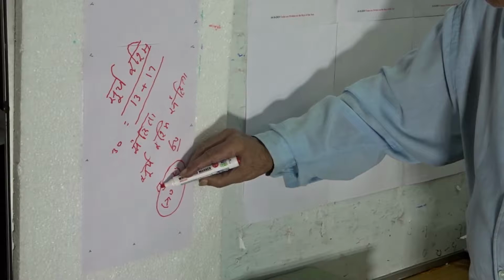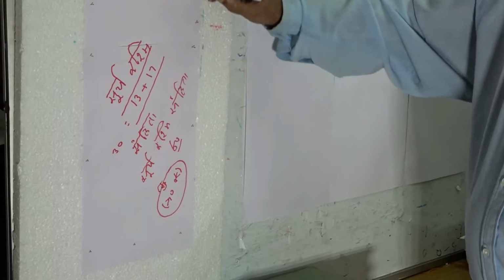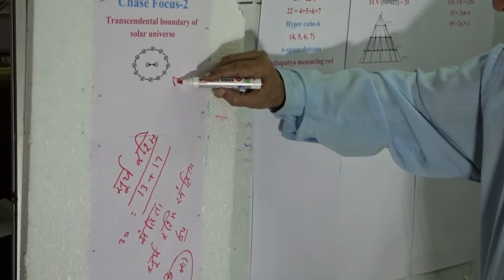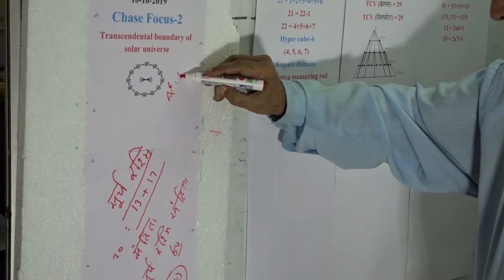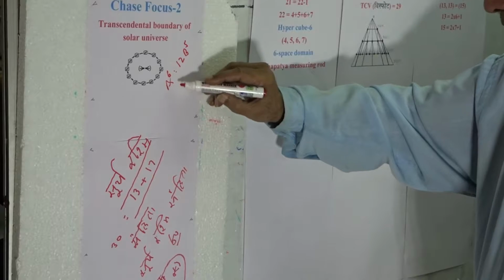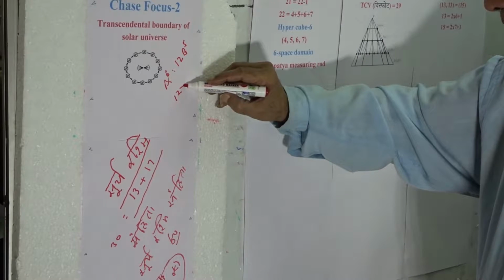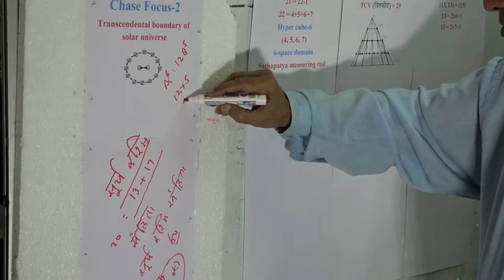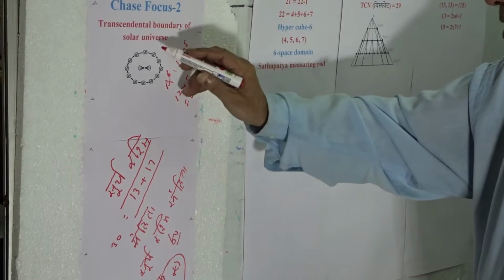We know that the domain boundary ratio of hypercube 6 is a raised to power 6 is to 12 b raised to power 5. There are 12 multiplied by 5 equal to 60